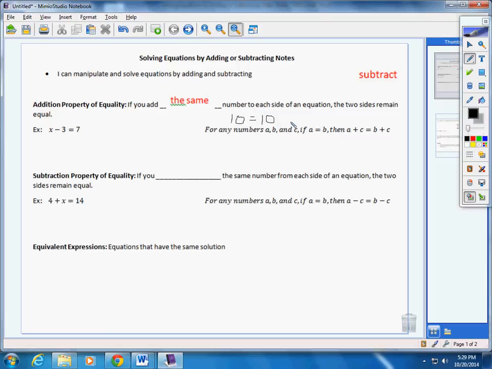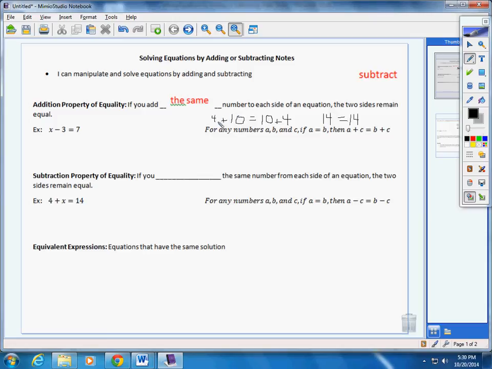And I think you would all also agree that if I just added 4 to the first side, the left side, that side is now 14. That's not equal to 10. So in order to keep the two sides equal to each other, you've got to add 4 to that side as well. So in order to keep this equation true, if you want to manipulate it in certain ways, you